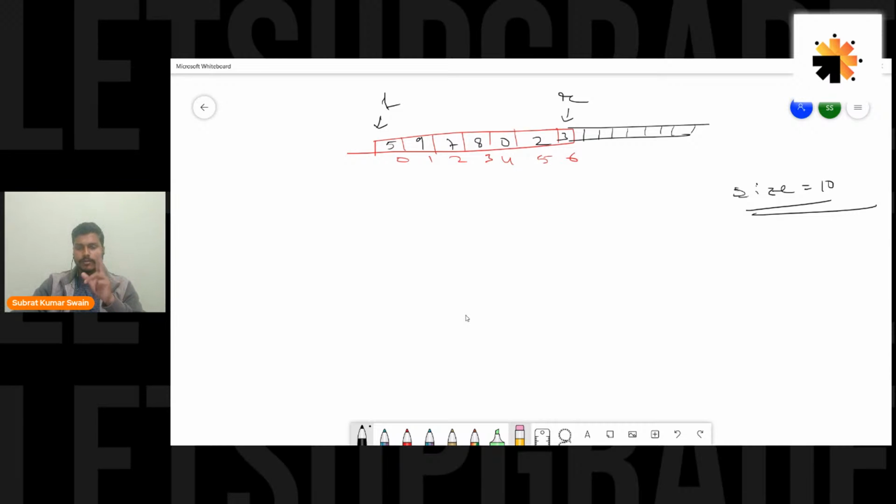Deletion would be done from the front end, so we'll be deleting this 5 here. First of all, when you are deleting, you'll check for underflow, whether the queue is empty. If the queue is empty, obviously we don't have anything to delete, right? So in that case, we'll just print underflow, or you may write no items to delete or no element to delete, something like that. So let's go with this